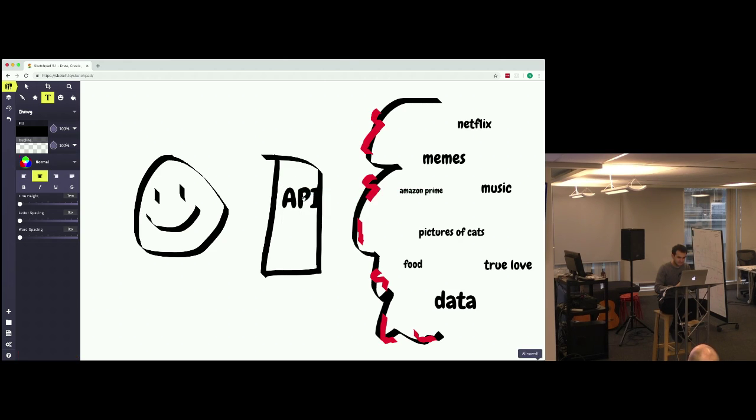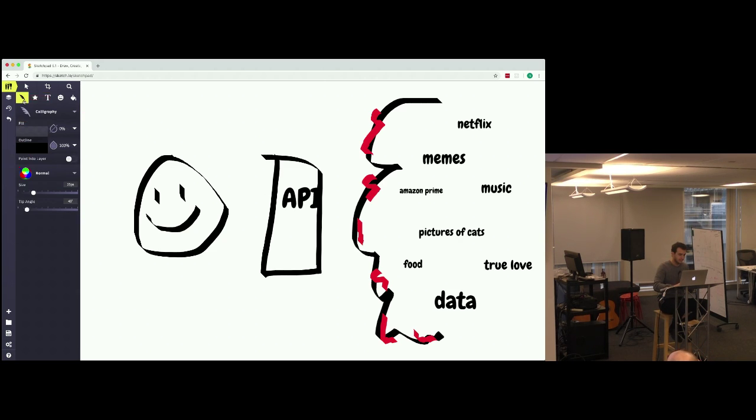Right? It's not the thing itself. Exactly. Can you say that really loud for everyone, and then I'm going to repeat it for Victoria? It's not the thing itself. The API is not the thing itself. The API is what allows you to interface with the thing itself. I talk to this, and this thing says, all right, I'm going to go get you the memes. Here's the memes, and then the API gives them to you. This here is the API.